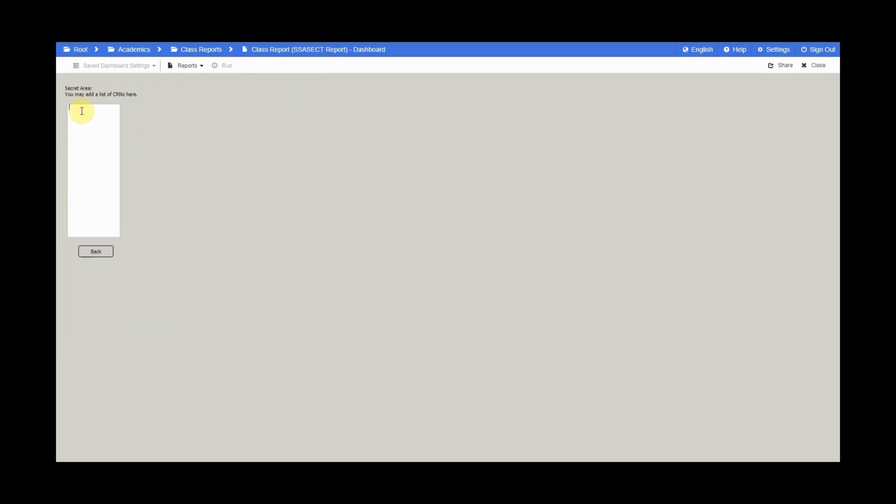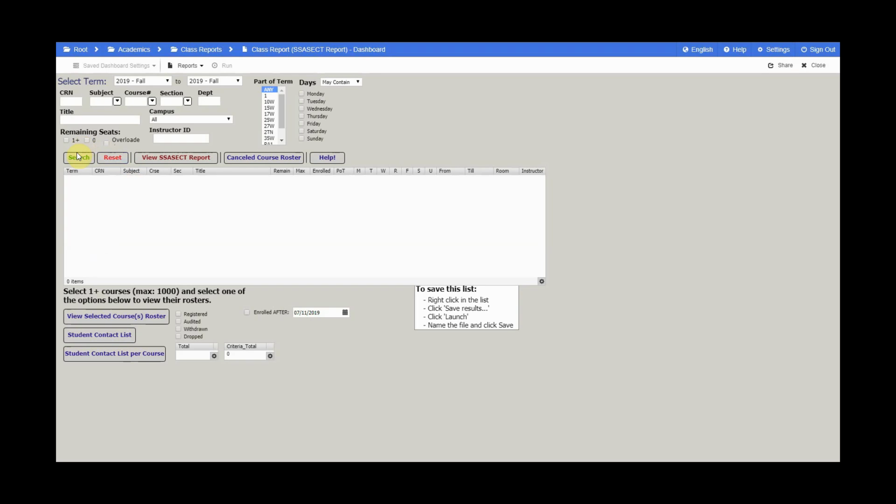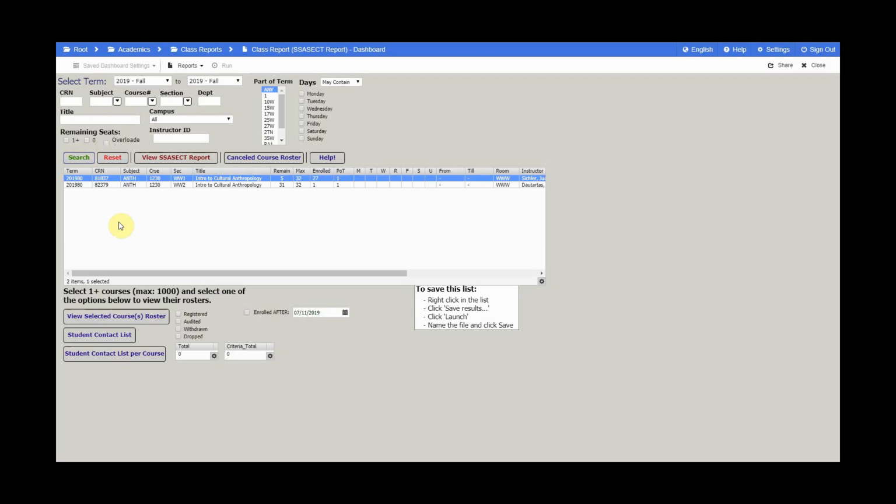This will bring up a new dialog box where we can type in multiple CRNs. We can then enter the CRNs of interest and then click the back button, followed by the search button, and the courses of interest appear, and we can select both of them by control clicking.